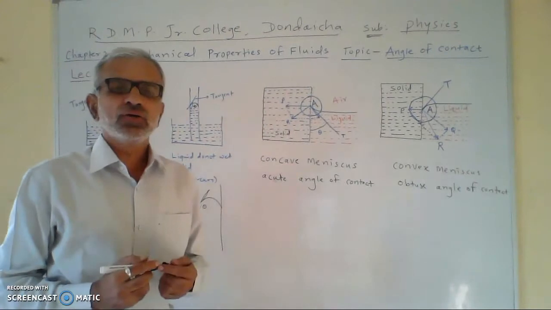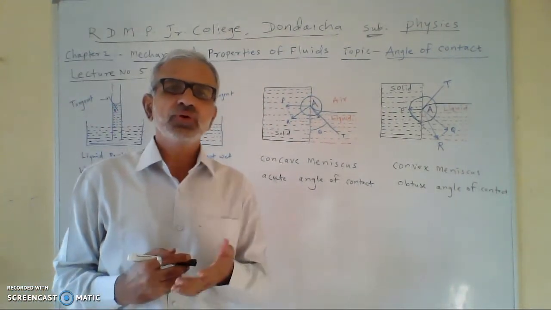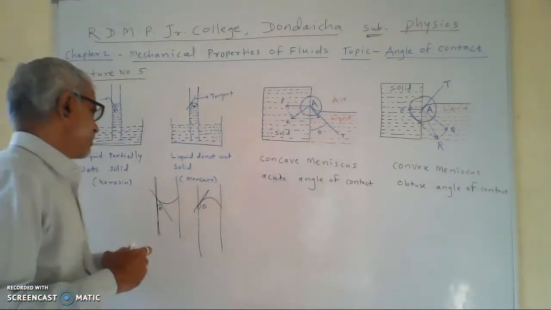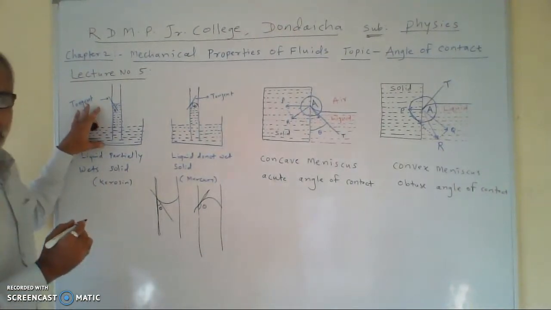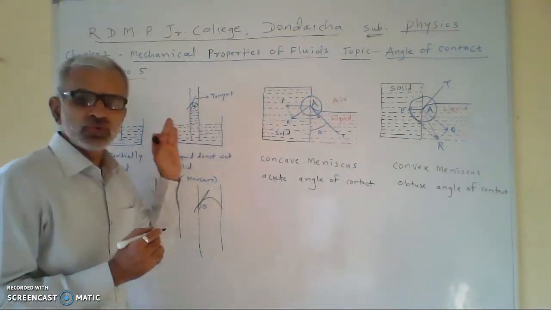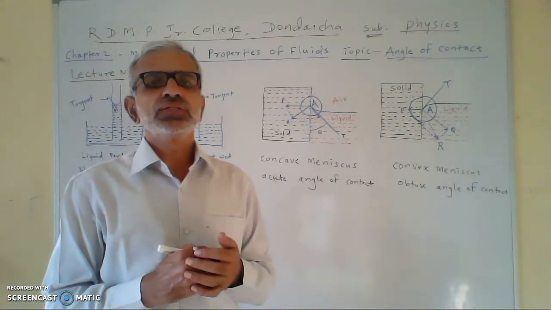Angle of contact for the concave meniscus is acute angle of contact. It will form the acute angle of contact for the concave, and angle of contact for the convex meniscus is